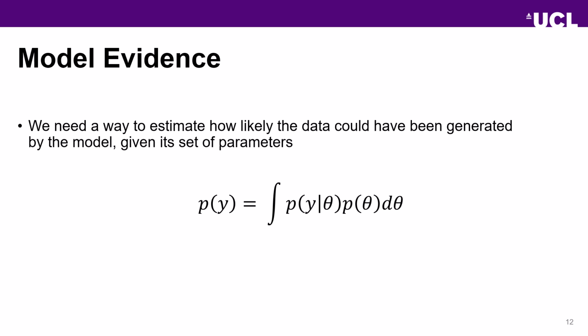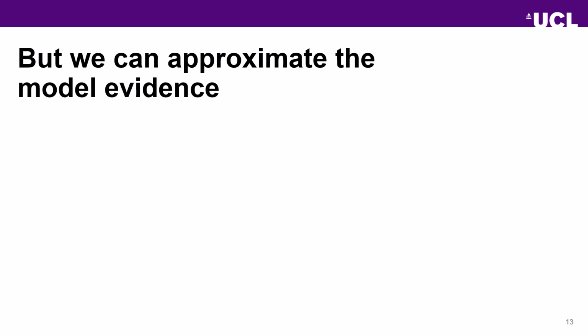And if you're familiar with Bayesian statistics, you may have come across this before. Unfortunately, this will only really work for small models and is typically not applicable for DCM, which is larger and more complex. So because of this, we have to approximate the model evidence. And how do we approximate the model evidence? Well, we use something called free energy when the model is too complex to just perform that calculation.